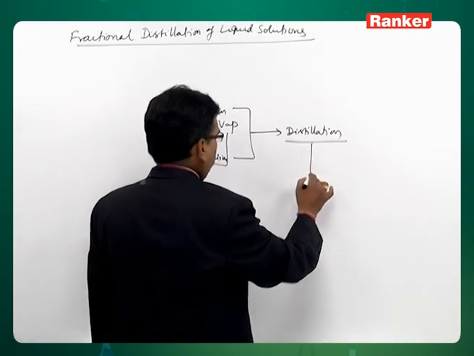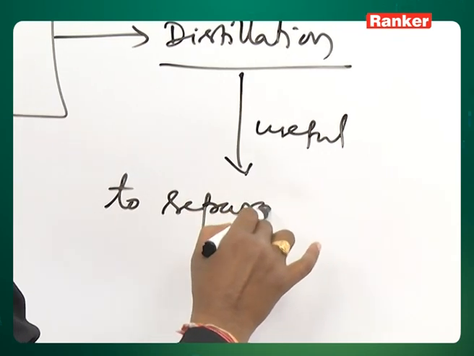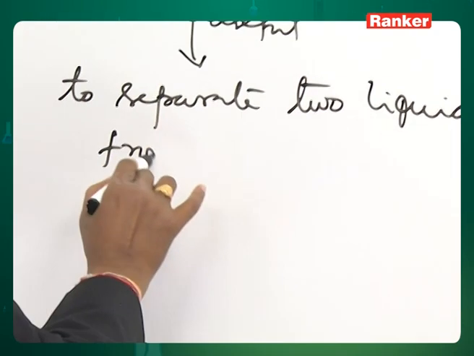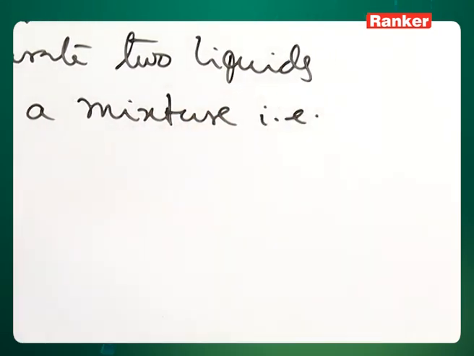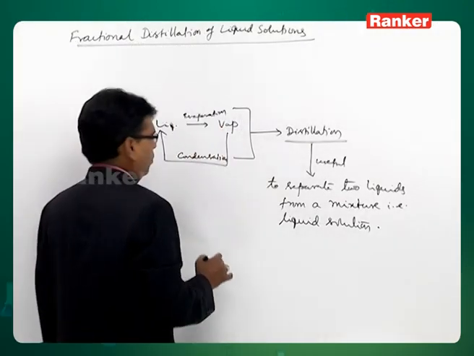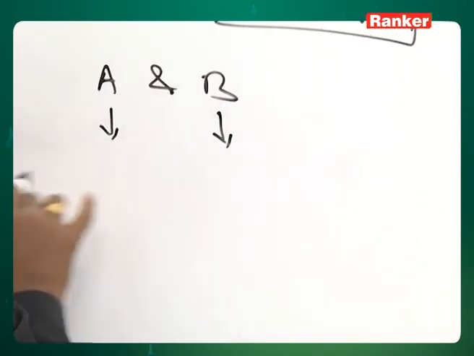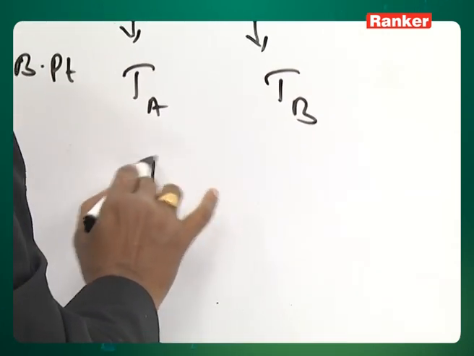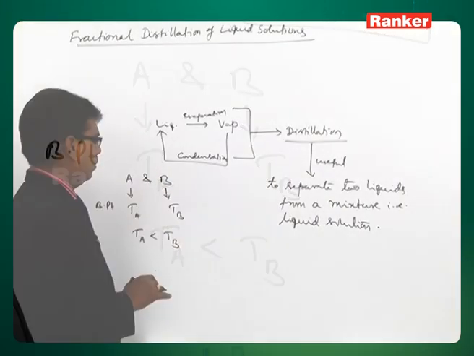Using this distillation process, it is useful to separate two liquids from a mixture, that is a liquid solution. How is it useful? Because suppose you have two liquids A and B, which have boiling points TA and TB. Suppose TA is less than TB, the boiling point of liquid A is less than the boiling point of liquid B, then